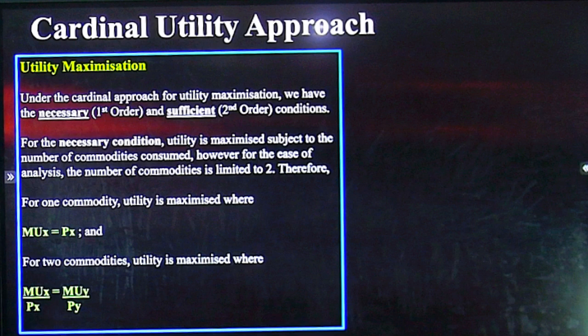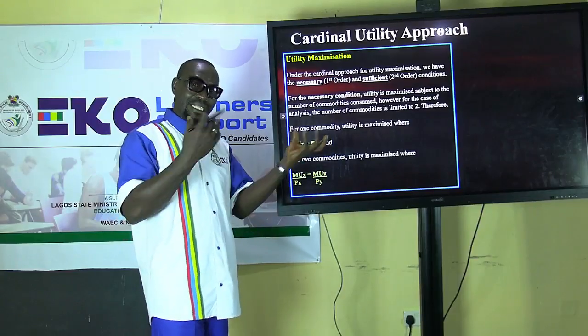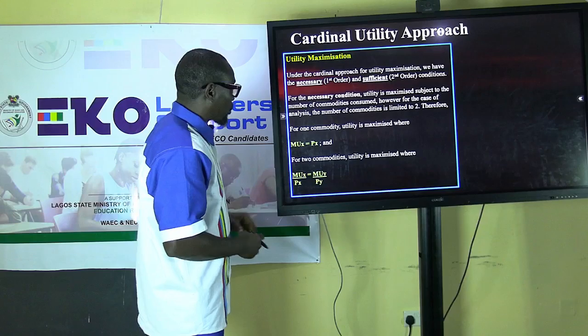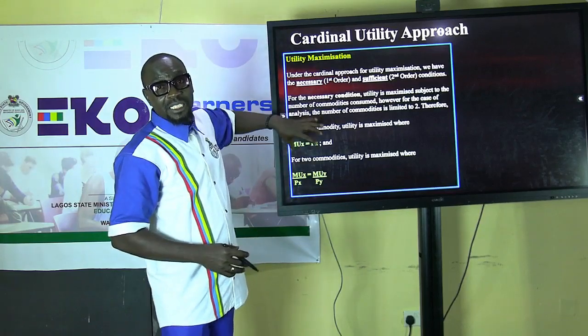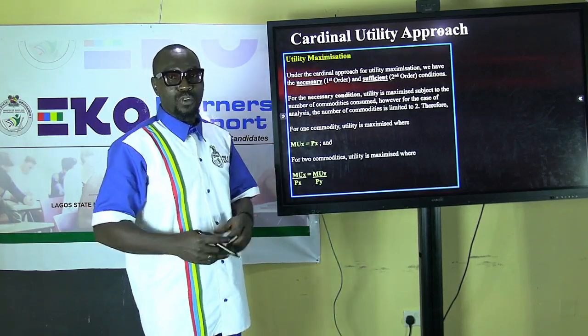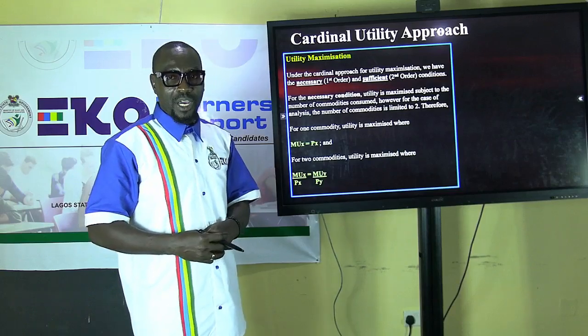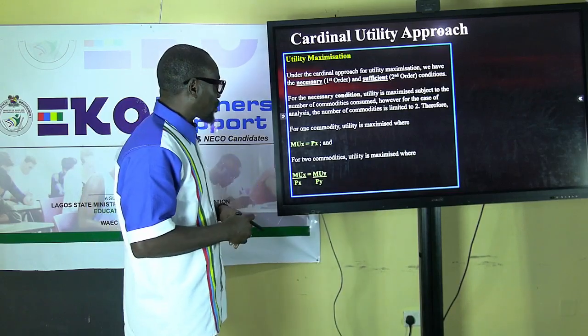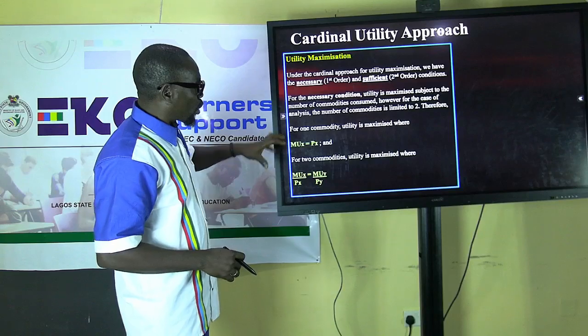And previously, we also saw that for the ease of analysis, we make use of two commodities in economics. So the number of commodities is limited to 2. Therefore, for one commodity, utility is maximized under the cardinal approach when the marginal utility derived from the consumption of one extra unit of that commodity is equal to the price of that commodity,